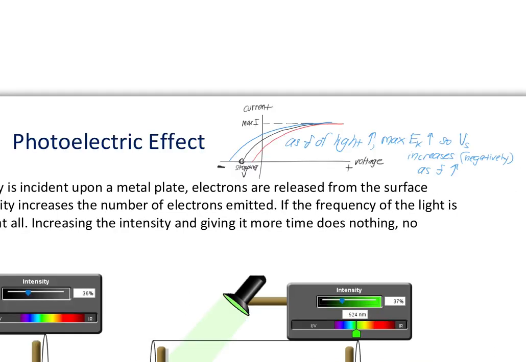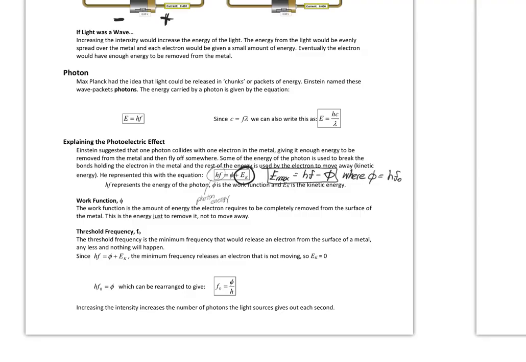So as the frequency of the light increases, the maximum kinetic energy of the electron increases, so to stop that electron, you would require a more negative stopping voltage. So I drew in curves for, say, red and blue light. We can also